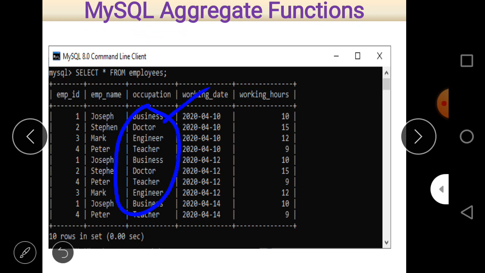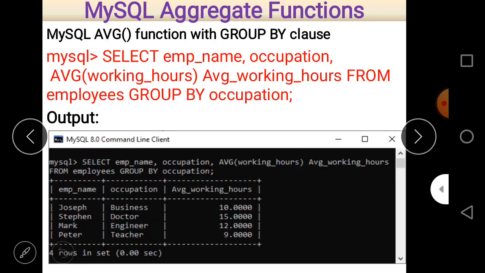So these are business, doctors, engineer, and teacher. These are the four occupations, and there is a formation of group on the basis of occupation. There are actually four occupations here, and you can see that this will appear here,